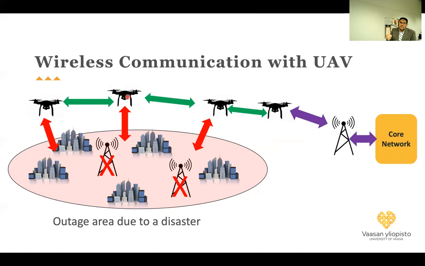Okay, in 5G, as we discussed before, we can have what is known as virtualization. So we can separate the parts, and we can have some of the radio part over the drone. So you can see that we have drones that can provide the wireless, cellular communication over that area. And then we can have multi-hops or relaying of the information up to the core network, or maybe to some base station far away from that area.